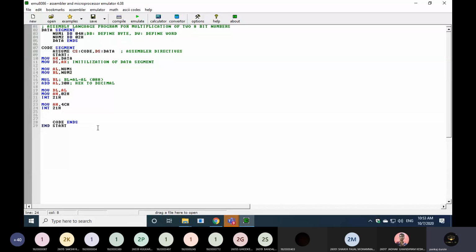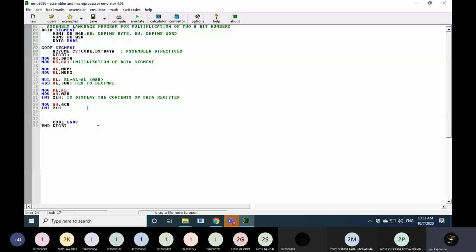You can search on Google about INT 21h. This is a family of interrupts, right? Which defines different functions for different purposes. Here the purpose is to display the contents of the data or destination register.